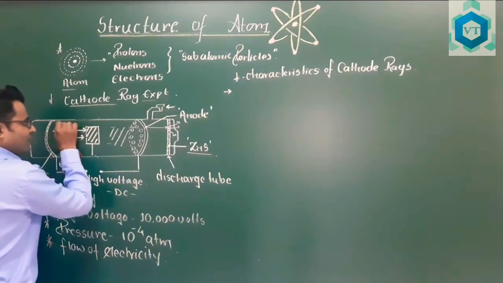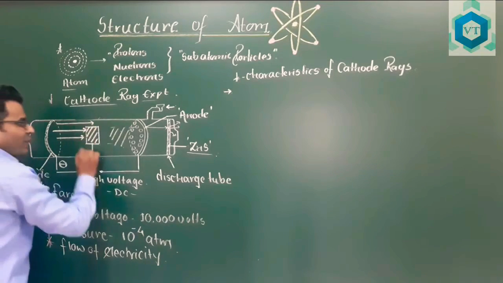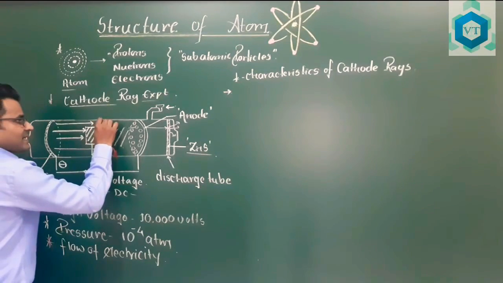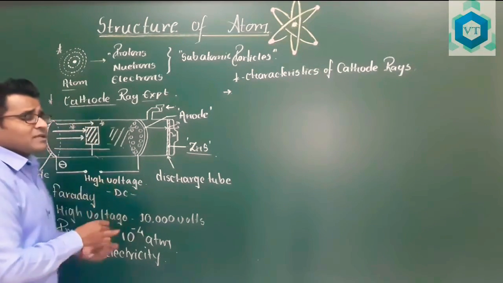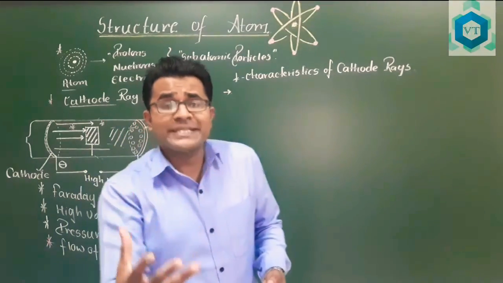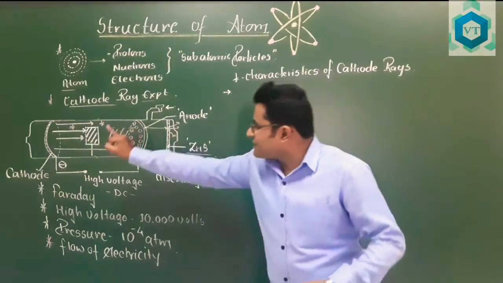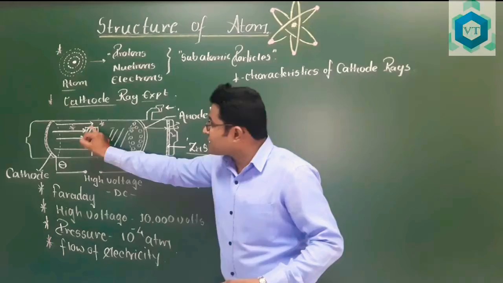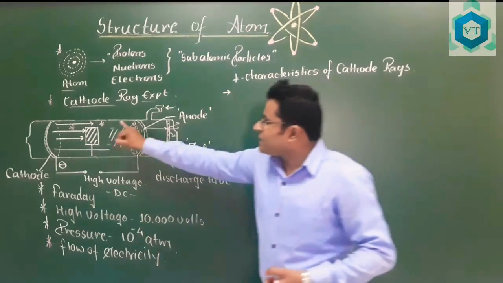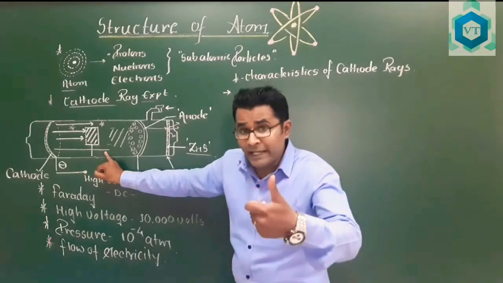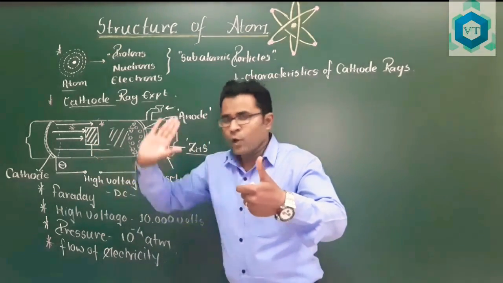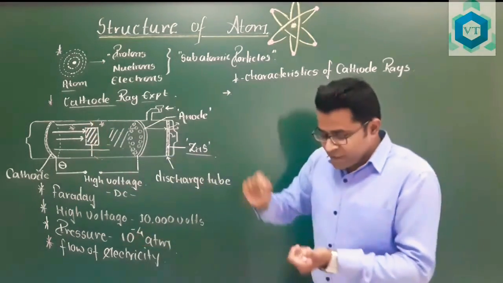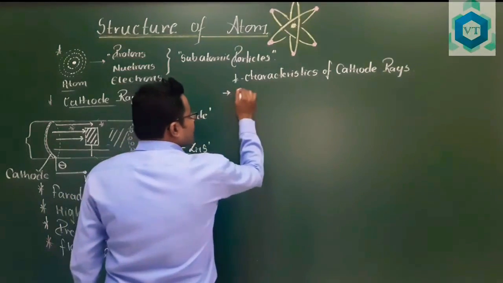While here, if you observe, I have not placed any substance. So what happens in this condition is that the gases used to glow, or fluorescence used to take place. It's because these rays were traveling and there was a certain amount of gas there. Those gases used to get ionized and glow in this condition where there is no material or blockage placed. So therefore, the first conclusion he says is, the cathode rays